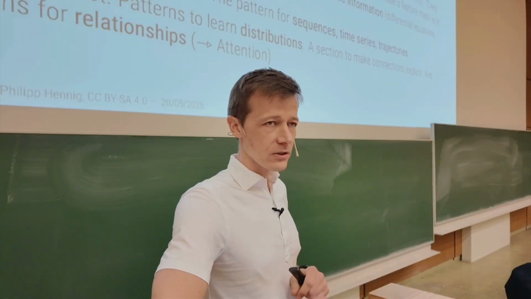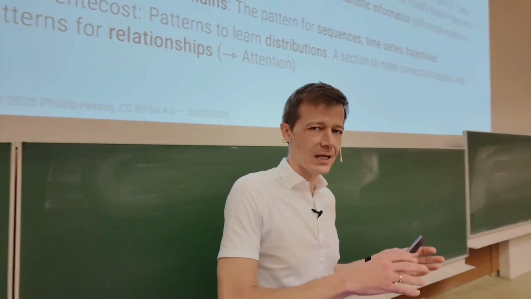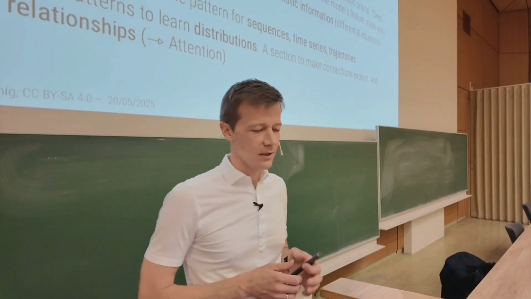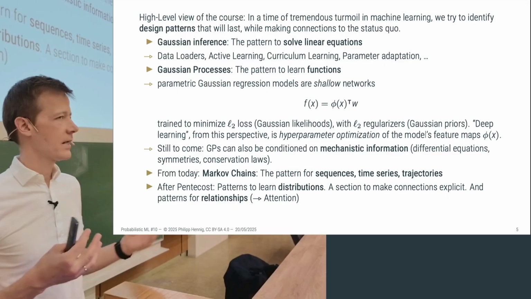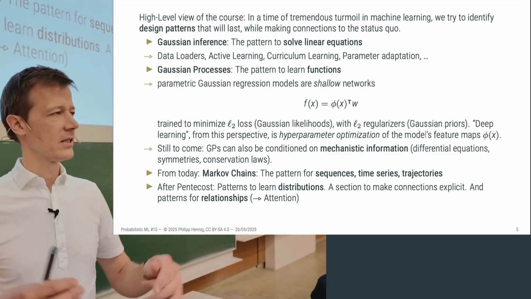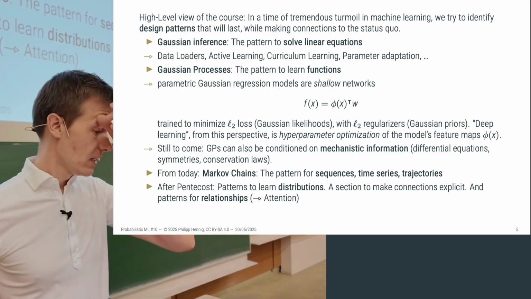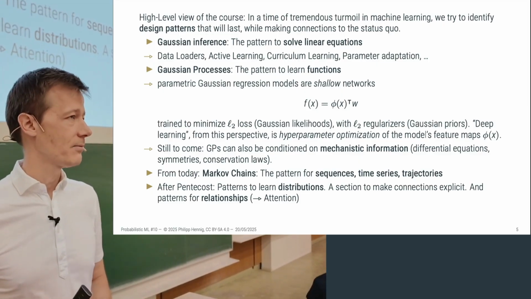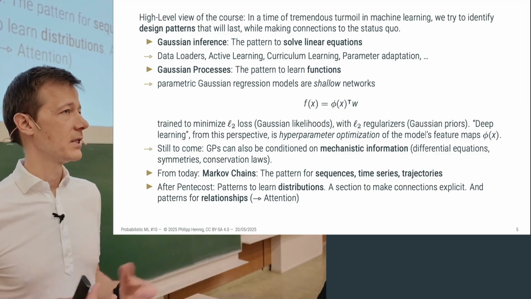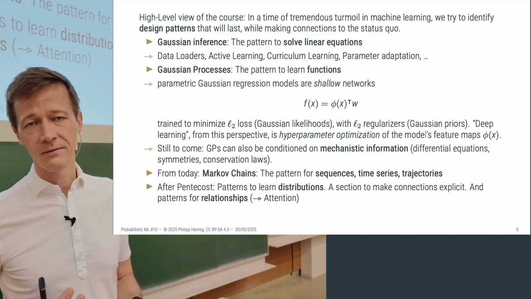So in the lecture so far, I've pointed out a few times, I know I sound a bit like a broken record, that there isn't currently a canon of machine learning. There is no standard textbook that everyone follows and it just contains all the stuff you need to know. That's because the field is still evolving so fast that pretty much no one can keep up with writing a book and keeping it up to date about the topics that are currently relevant.